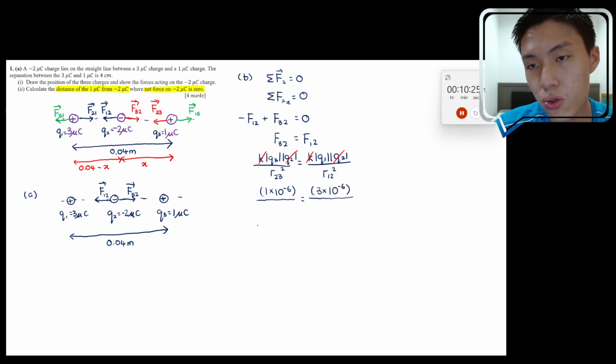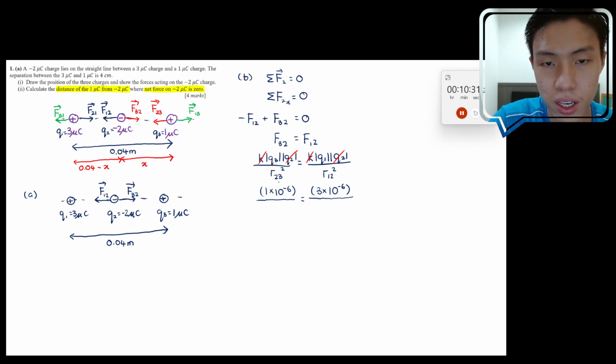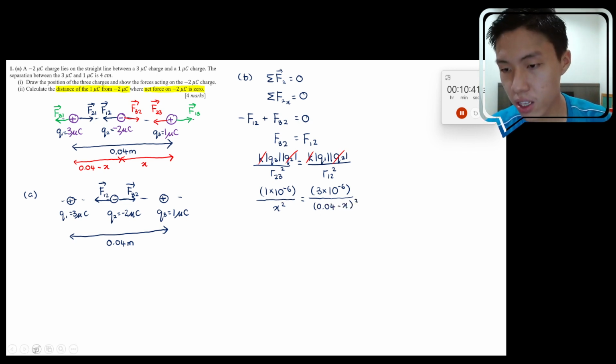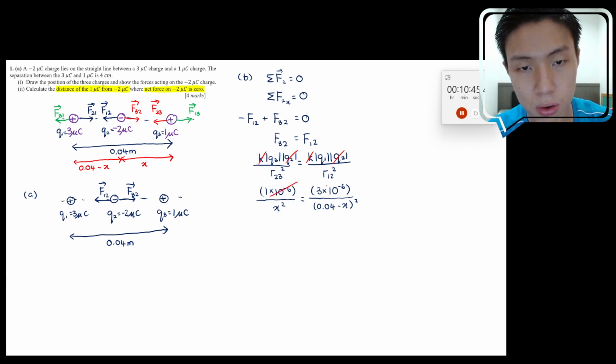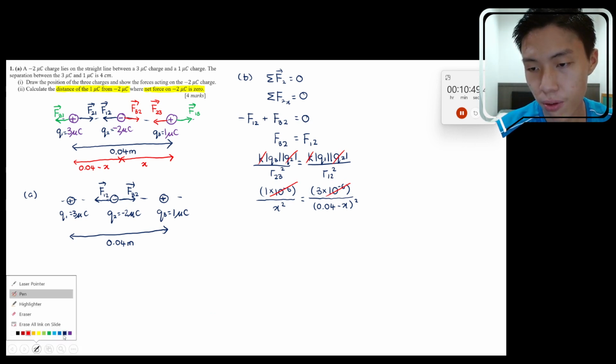Okay, R23 is between Q2 and Q3, and that's what we call X. So R23 is called X. Then the other side will be 0.04 minus X squared. I believe at this point you will notice that something can be crossed out as well. The micro over here can be crossed out. So you will be left with